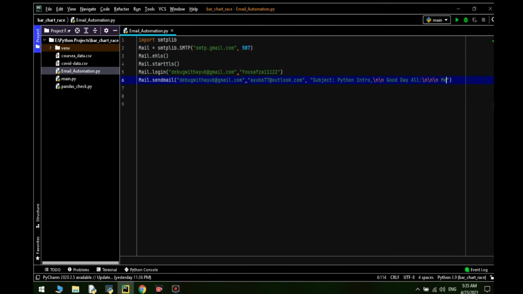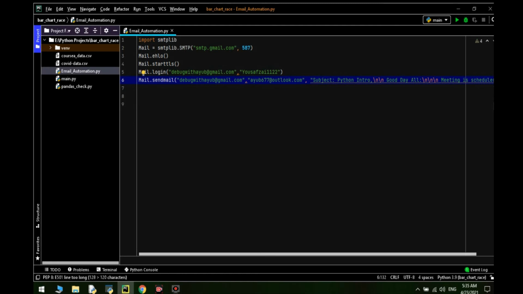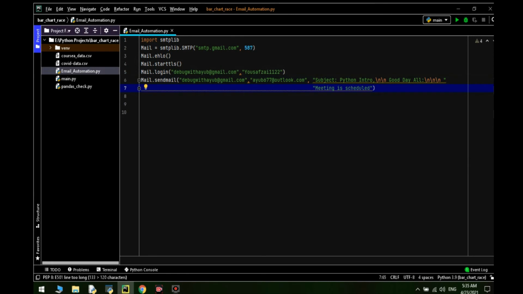Now type the message. For example, meeting is scheduled. I will keep this on the next line so it is visible. Meeting is scheduled for tomorrow at Peshawar, main branch.